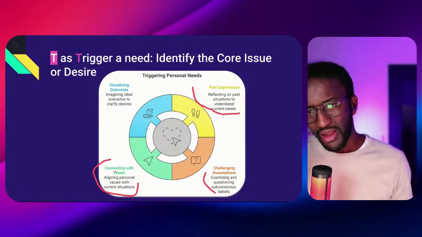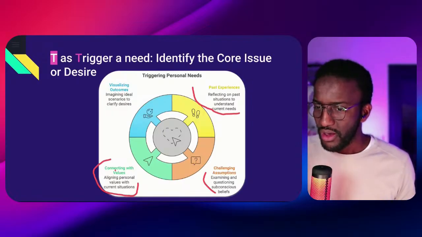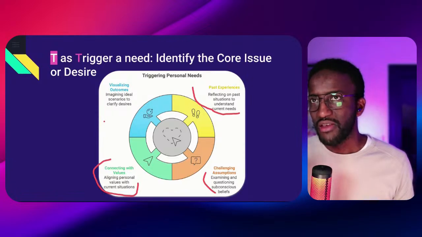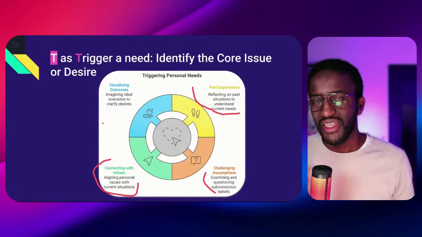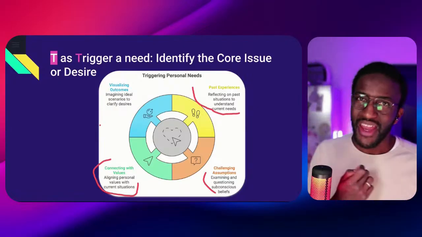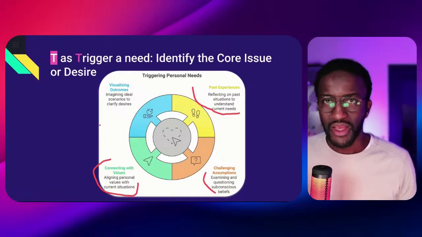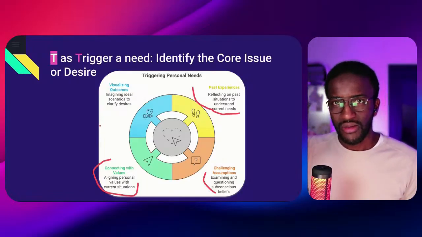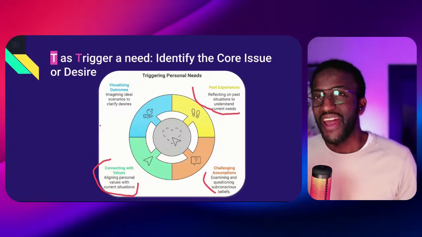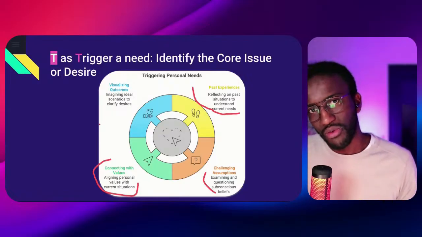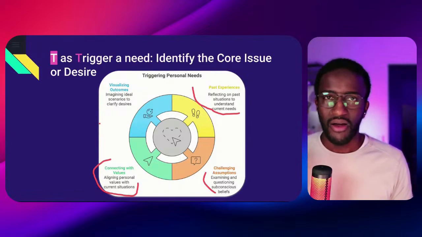And then after, you can start to visualize outcomes, meaning imagining the ideal scenario to help you clarify your desire. So, what really is my internal need that is unfulfilled? What is my external desire that is not met? And in this second stage, it's really important to say, okay, I have something that I want to change in my life, and I can use storytelling to guide me through that change. It does not mean that it's the only tool that you can use. You can use therapy. You can, as I said, use a coach.